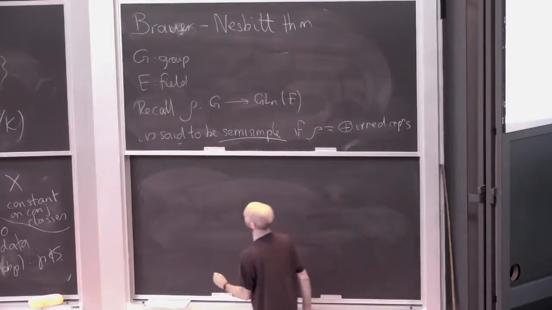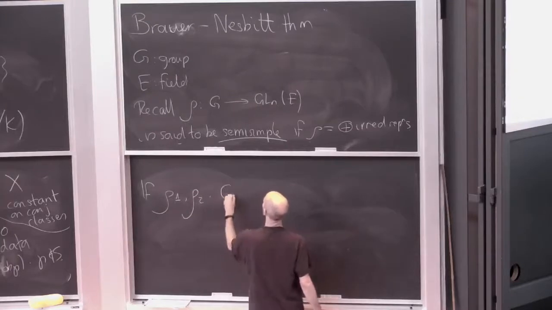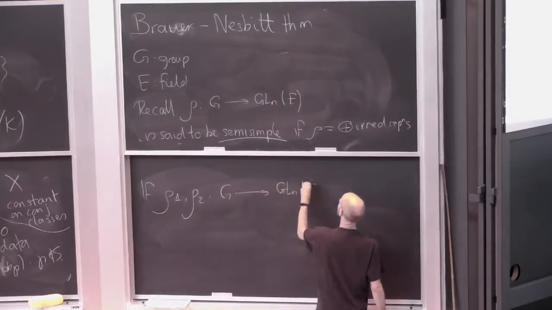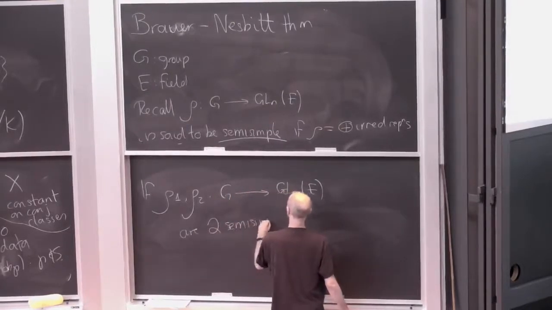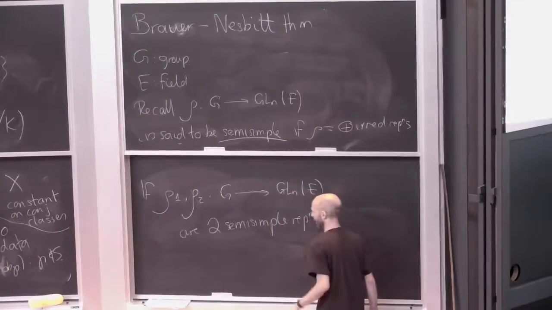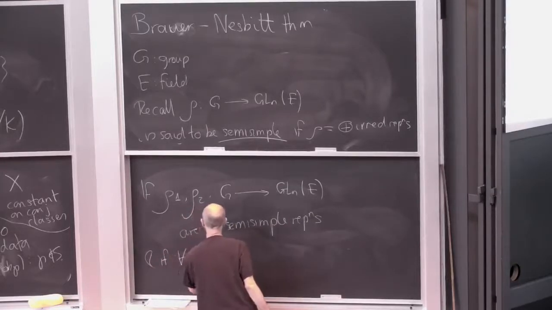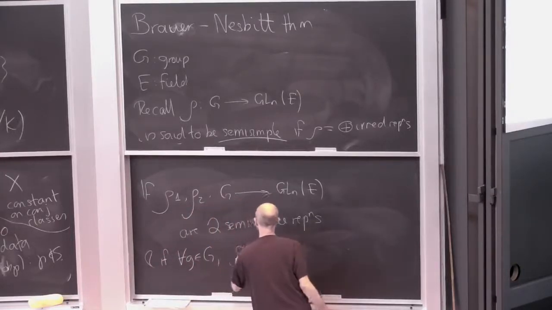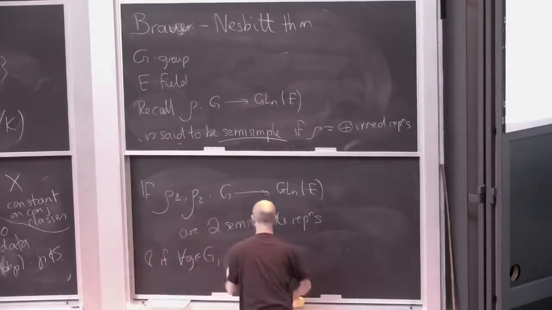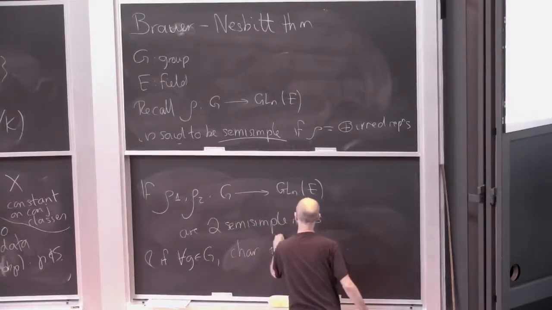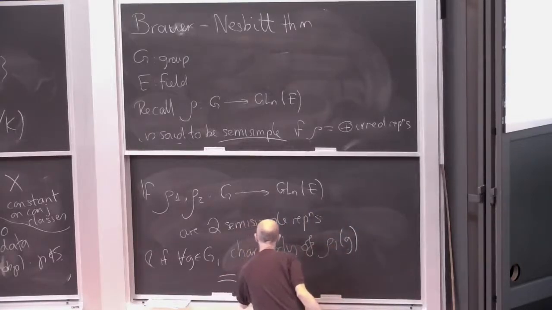Right, so Brauer-Nesbitt says the following thing. If rho 1 and rho 2 are maps from G to GL_N of E, two semi-simple representations, and if for all little g in G, the char poly of rho 1 of g equals the char poly of rho 2 of g,